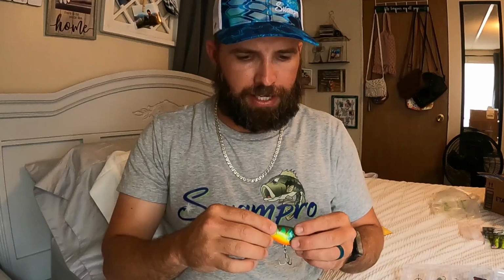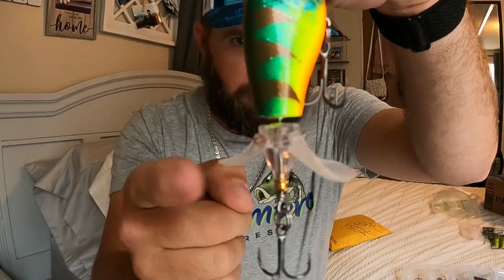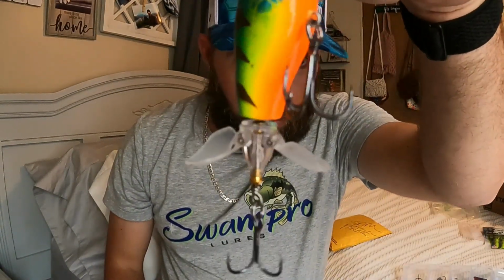I can't remember what he calls these, but it's almost like a whopper plopper, but far more action to it. It's got the fold-in tail, so when you cast it, it folds in like that and casts really far. Then once you get it in the water, it opens up and chug-a-lug-a-lug. And last but not least,